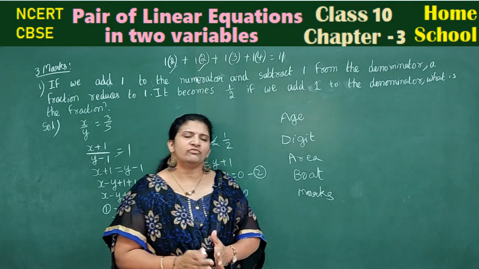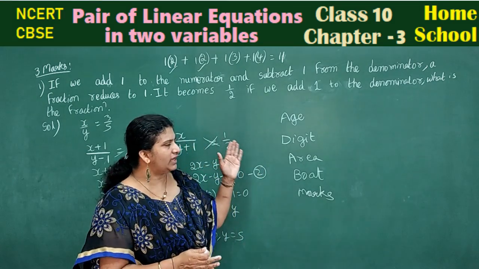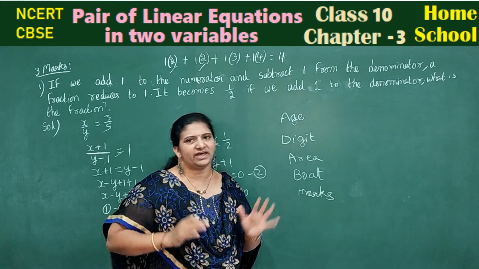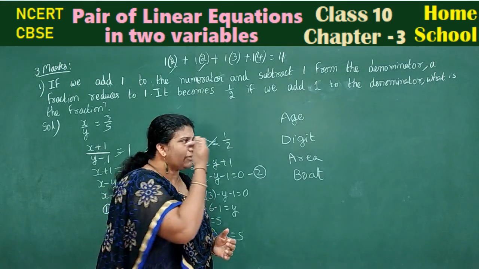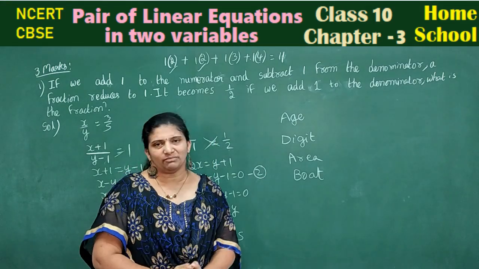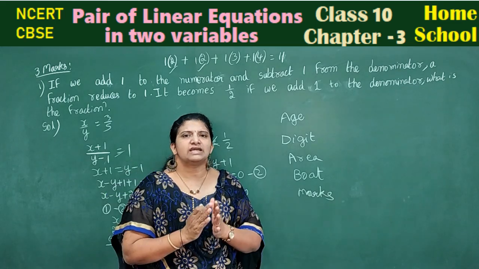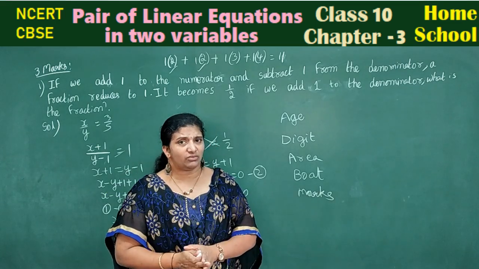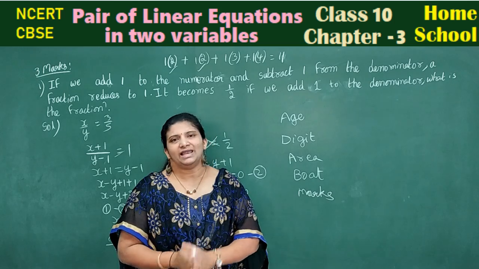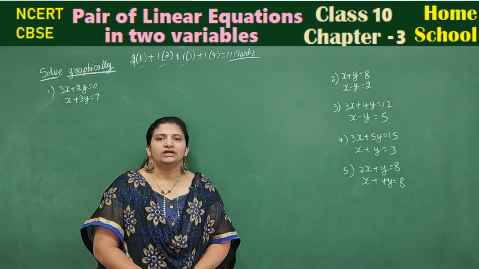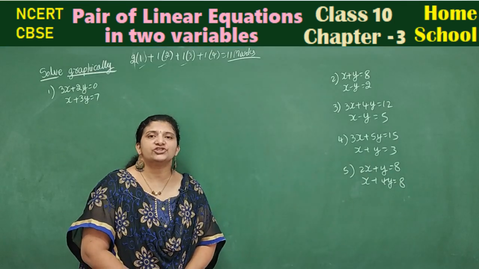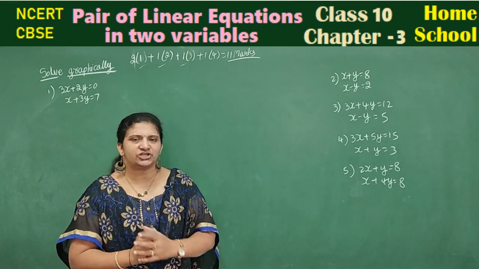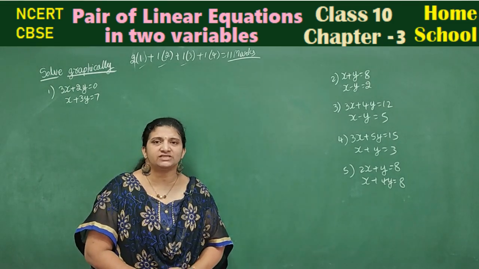So the verbal problem we cannot guess, but maybe it is part of these varieties. Like this, any type of one question will be there for 3 marks, compulsory. So understand the question carefully and frame the equations, then solve the equations by elimination method. Coming to 4 marks, one question is compulsory and that question will be from pair of linear equations in 2